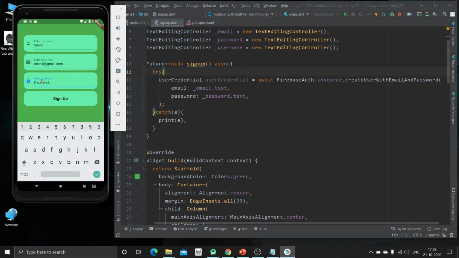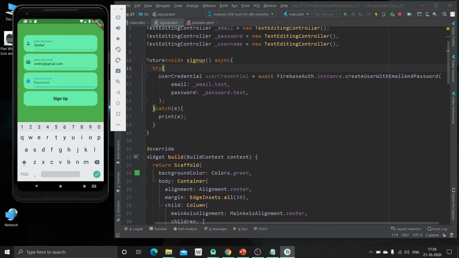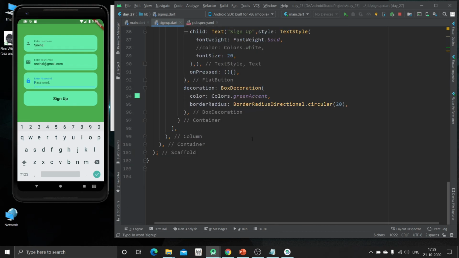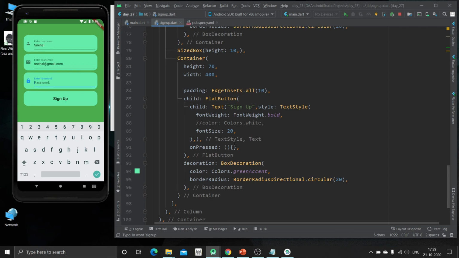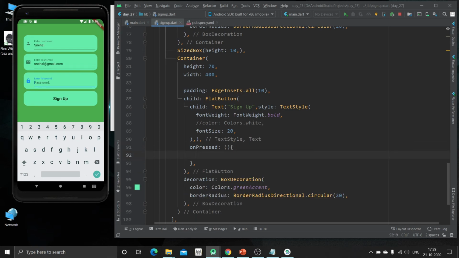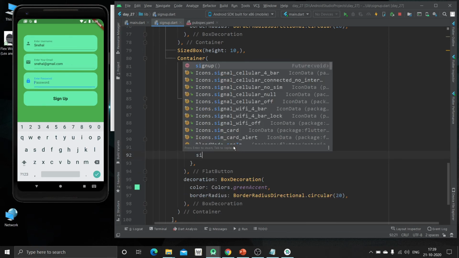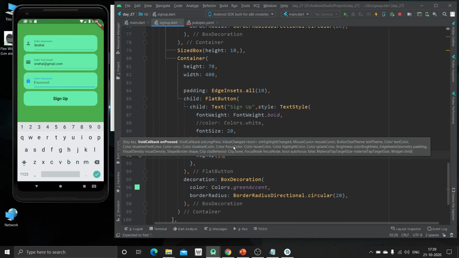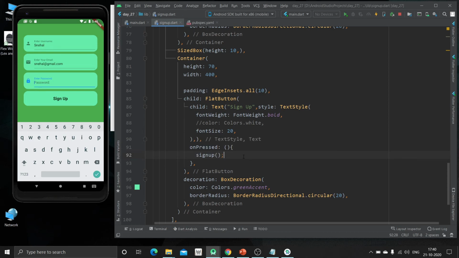Now we have to pass the, okay, I haven't called the sign up method inside this button. So I have to call that. Here is the onPressed method of the sign up button. We have to call this sign up method, otherwise the user will not be created. So just hit Ctrl and S, so that it will be loaded again.